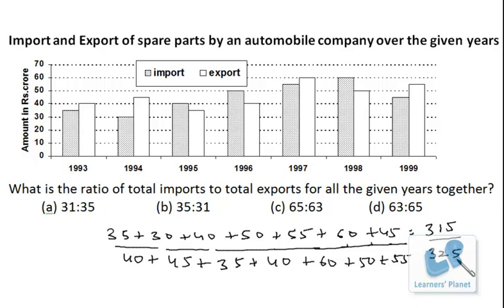Now we have to find out the ratio. First of all, just check it up. Numerator is smaller than the denominator, right? So this option and this option, both of them are cancelled, right? Now the numerator is 5, 6, 7, 8, 9. Numerator is a multiple of 9, and among the options, only in this case the numerator is a multiple of 5. So 315 will definitely be a multiple of 63, right? So the answer is 63 by 65. I hope you are clear.